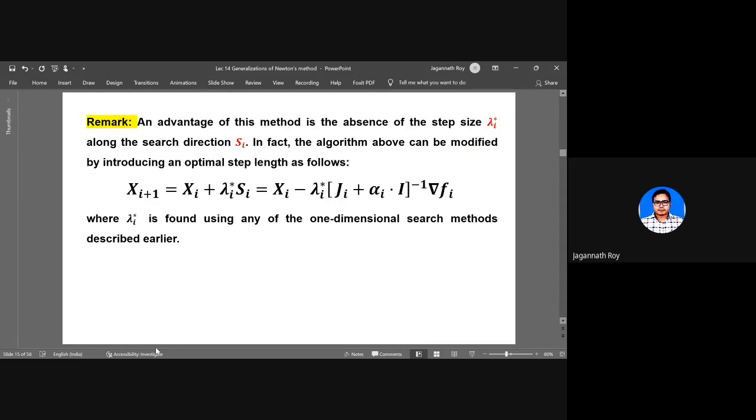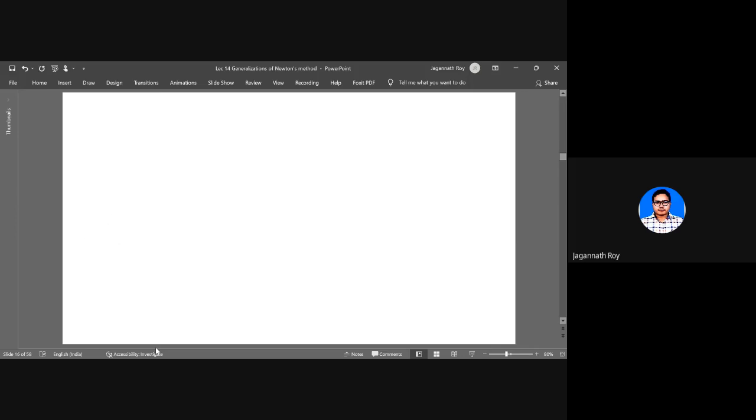Just like I have said, we may introduce lambda i, but in that case we have to find it out using a one-dimensional search method. So as a remark, we have said that. Now, if you remember the problem,